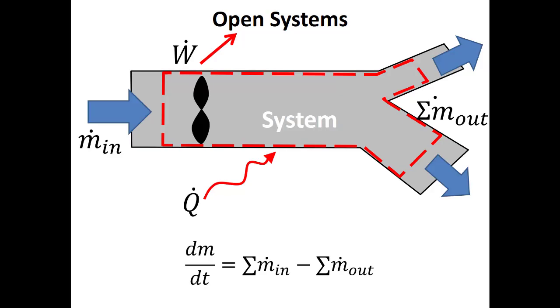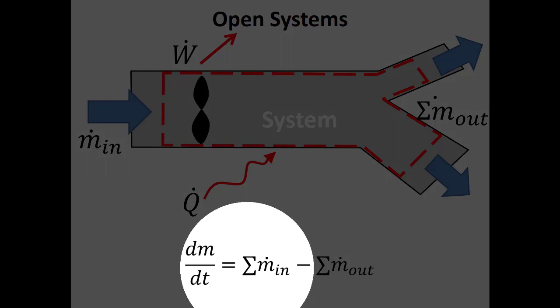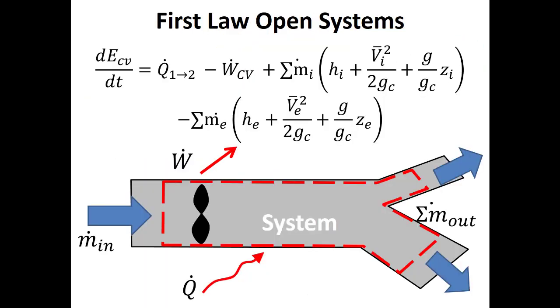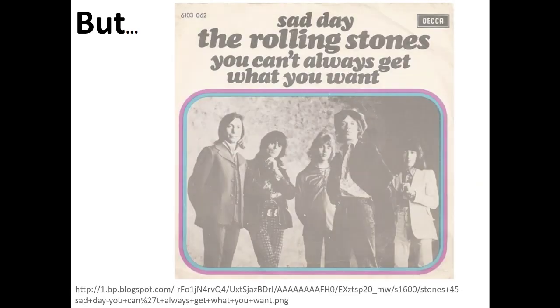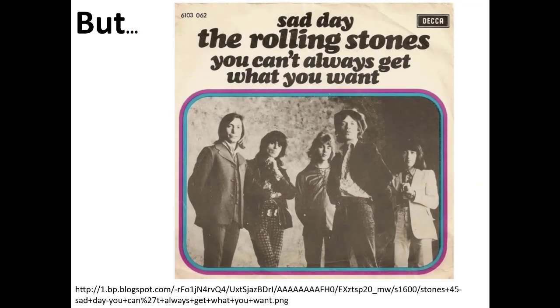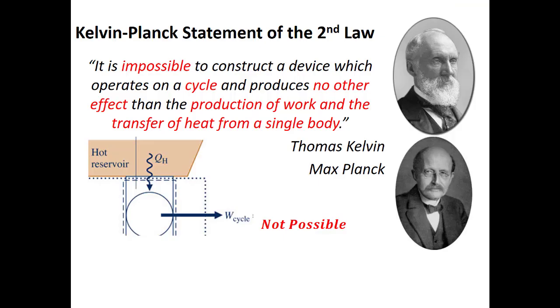So remember when we started looking at cycles, we were talking about open system analysis. And we needed to do something like conservation of mass on a control volume, conservation of energy using the first law, and then we learned that you can't always get what you want, or that the second law introduces irreversibilities into every process. And while we have rate equations for the second law, we also talked about statements about the